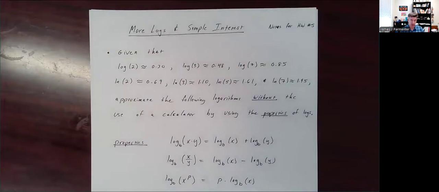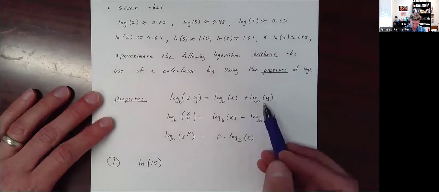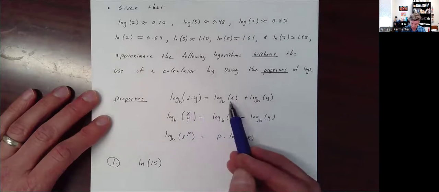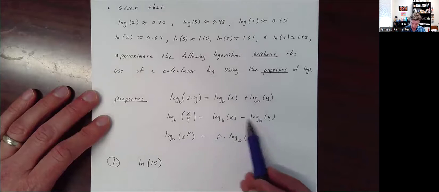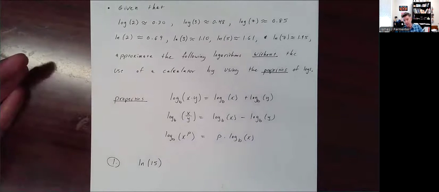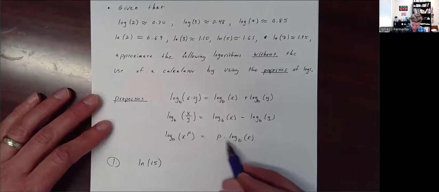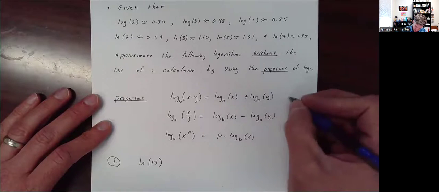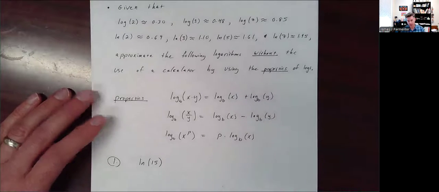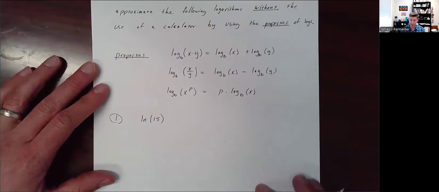A reminder on the properties of logs. We have the product property where the log of a product is equal to the sum of the logarithms. We have the quotient property where the log of x divided by y is equal to the log of x minus the log of y. I'm not saying base b, I could say base b. The log base b of x to a power is equal to that power times the log base b of x. And again, this is the product, quotient, and power rule. Although, again, I don't really like to use those names because we use the same names for derivatives in the